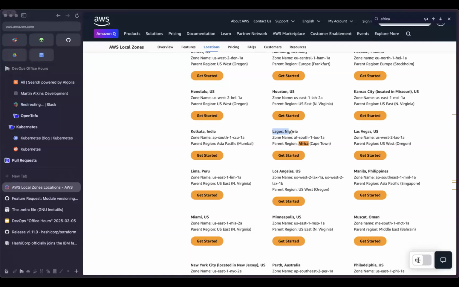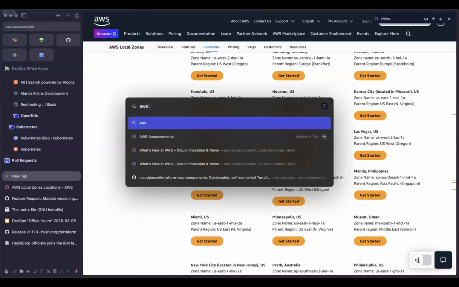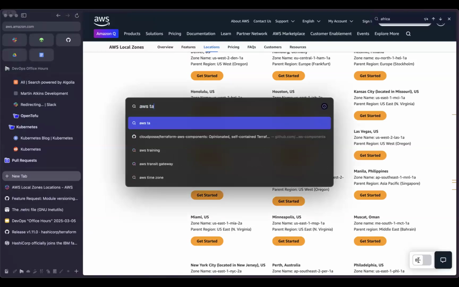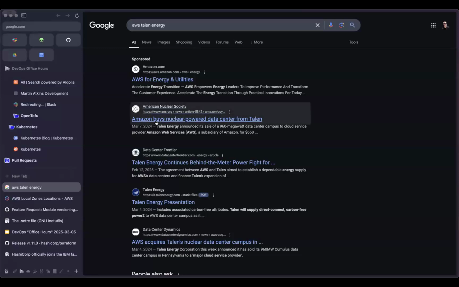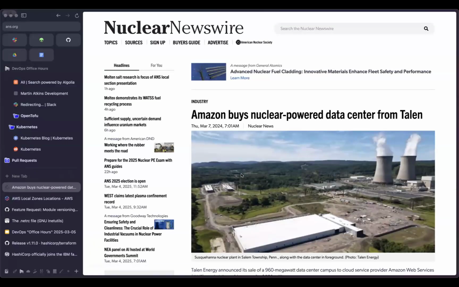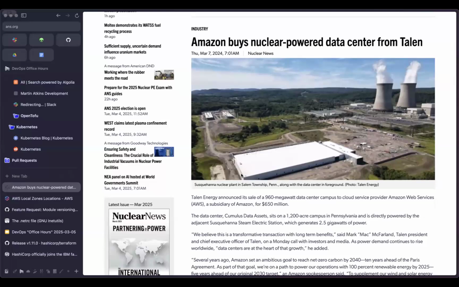Yeah, I think we had that announcement a little while back about Talen, who is the operator of a nuclear power plant in, I think, Pennsylvania, and they sold a giant plot next to it for AWS to build a data center, and they're going to sell them power off of the nuclear power reactor for the data center itself. And that was exclusively, right? They got exclusivity on the power, I think for a certain capacity.